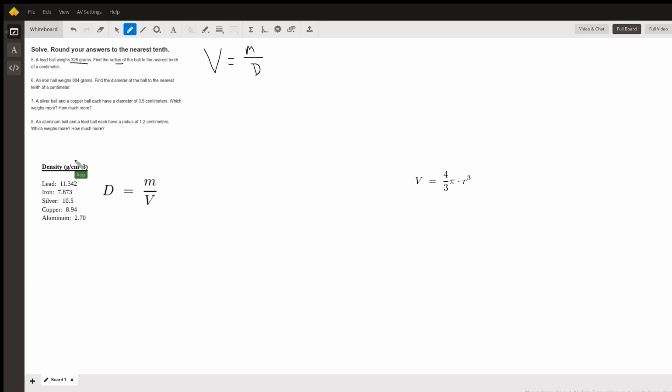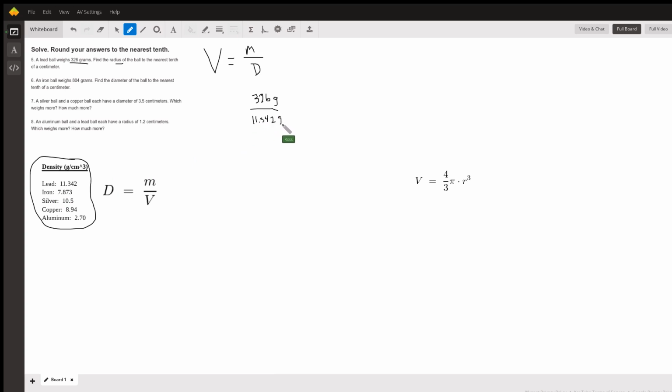So I've gone ahead and I've looked up the densities of these metals. If you look them up, you may find slightly different numbers. I don't know, but these are the ones I found. And to show you what I'm talking about here, let's go ahead and try this first one with lead. I know that the mass that they've given us, right? They say we have 326 grams of lead. And I looked up that the density is 11.342